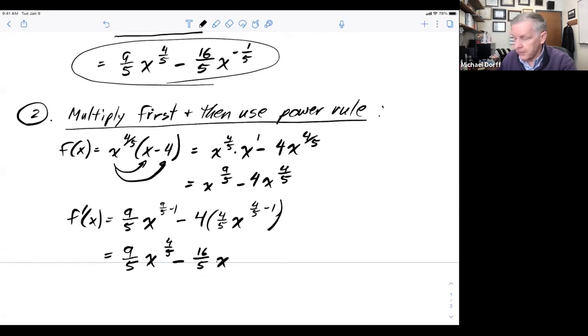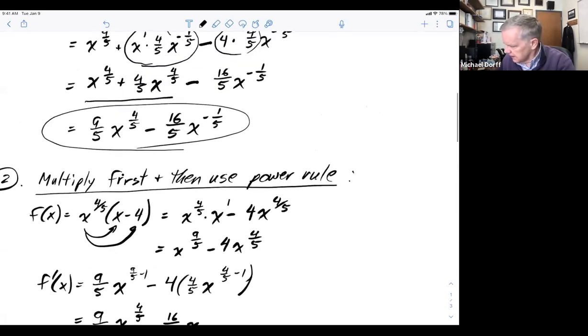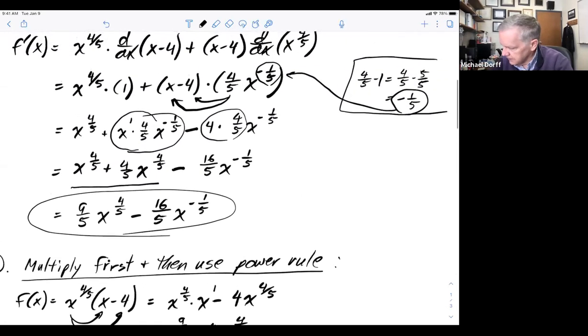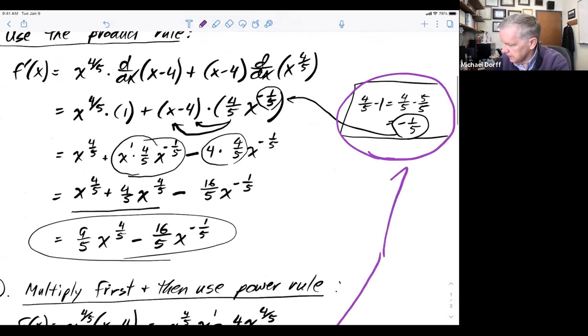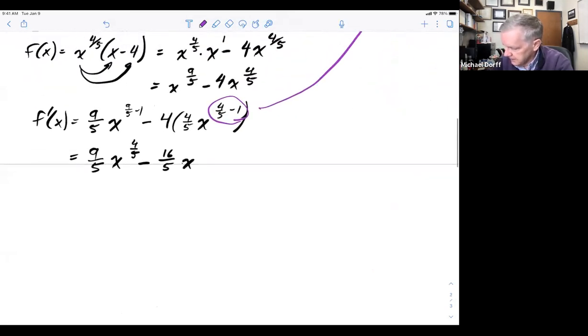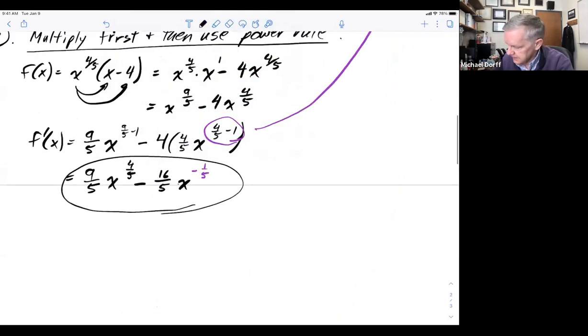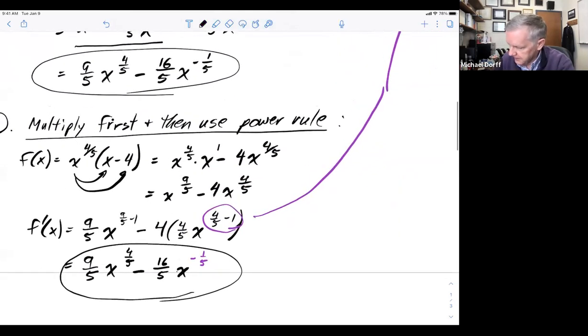And then I have 4/5 minus 1, which is what we did up here earlier. I'll mark this in red or purple here. That was negative 1/5. So this part here, go up here. We see that that's negative 1/5. So I'm going to get negative 1/5 there. I'll go back to this. And so notice I get this part, and what we did above, which I'll circle in red here,